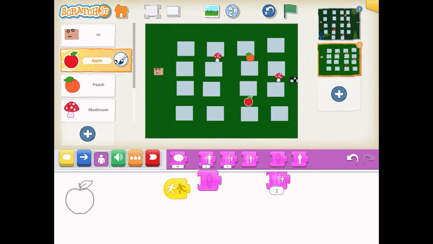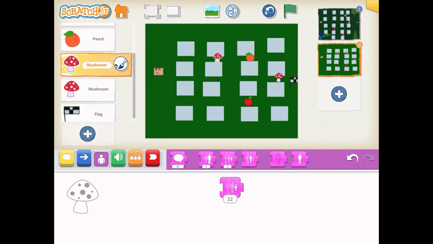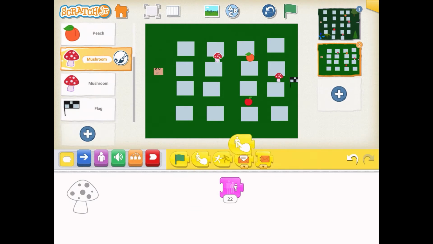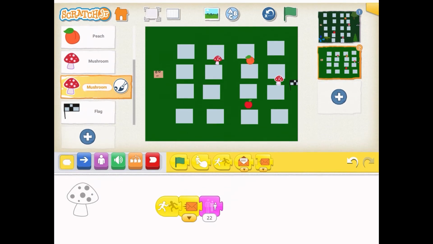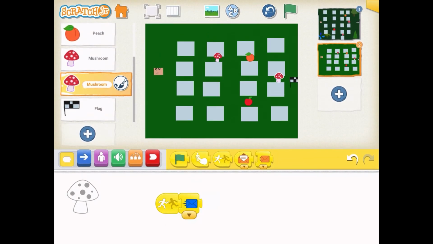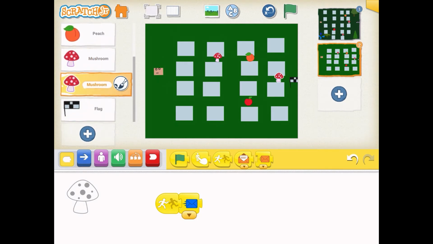Okay, now let's go to this mushroom, get when touched, then send this sprite, maybe it's gonna be blue, and I will set when touched to this one. Okay, so when touched, then send the sprite blue as well, and then go to this sprite, and okay, now